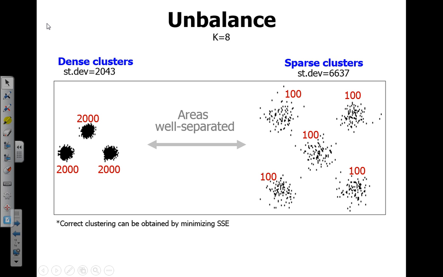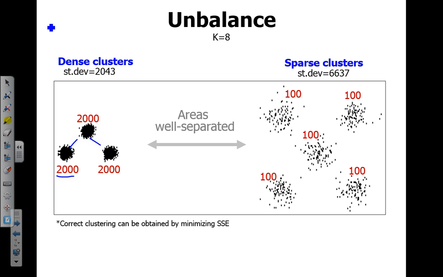Then the unbalanced datasets, 8 clusters, are also quite well separated. Okay, they overlap a little bit; here you can see some points mixing with the other clusters in this area. Here they are well separated but not so far from each other. But the most important thing here is that they are completely different sizes.